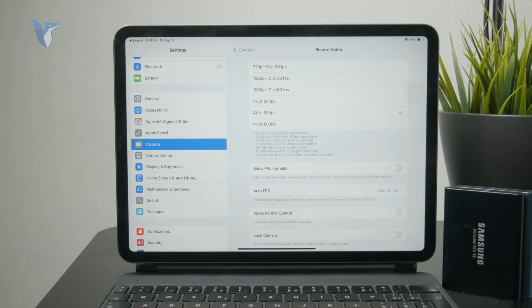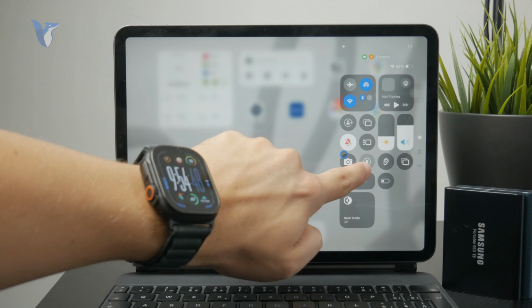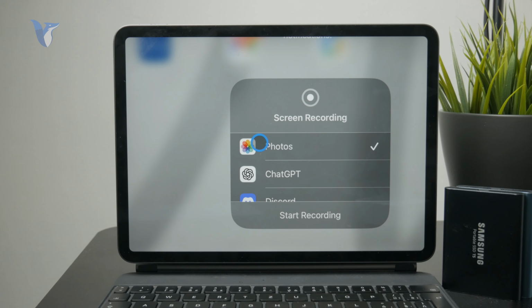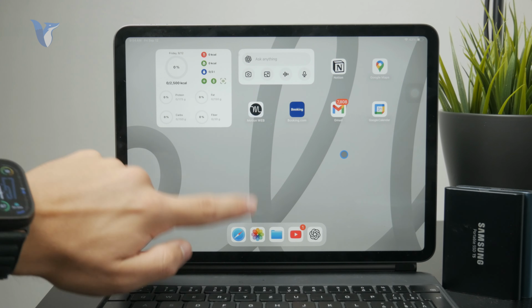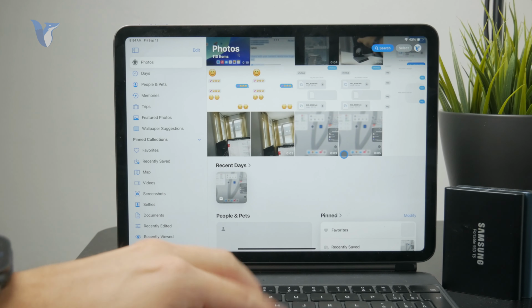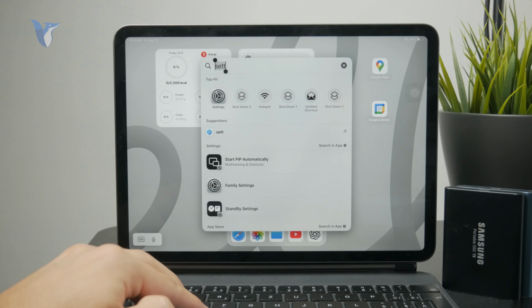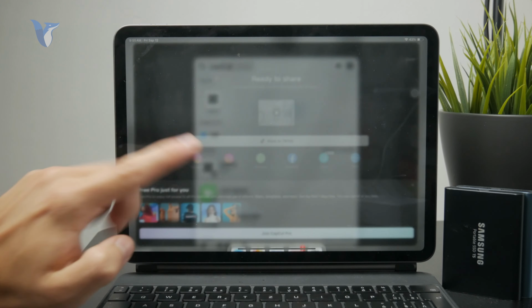But if you are talking about the screen recording, like to capture the screen of the iPad, well, we don't have any controls for the quality there. But once you have your finished video stored in your gallery, you can compress it either through a dedicated video compressor app, which might work, but I like to just put it through a video editor like CapCut, where I